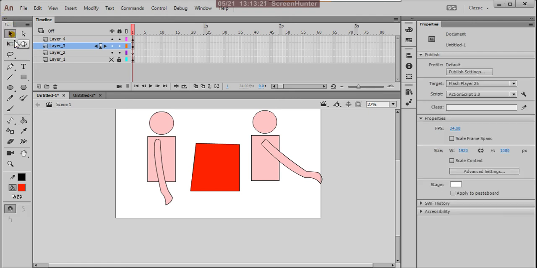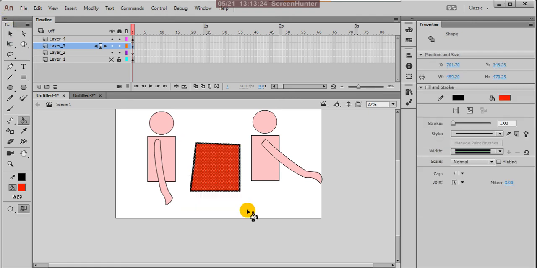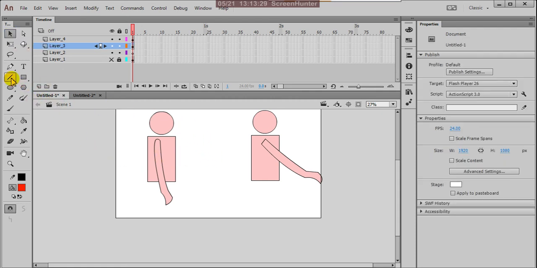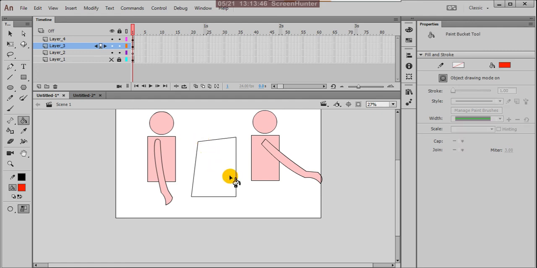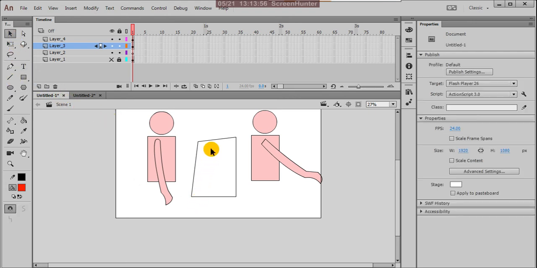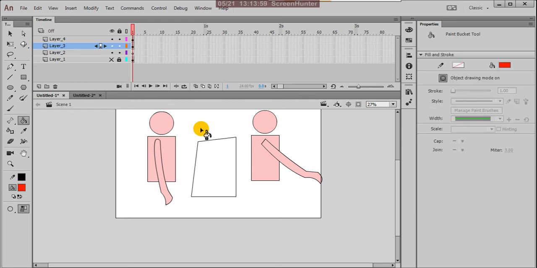You will get that. But now the same thing, suppose after deleting this, press on the line tool, and now come to object drawing mode. Draw one line, and here one more line, and here one more line, and you can connect now. Press K and try to fill colors. No, even the magnet tool is working and connected each other, but the shape is not filling because this is